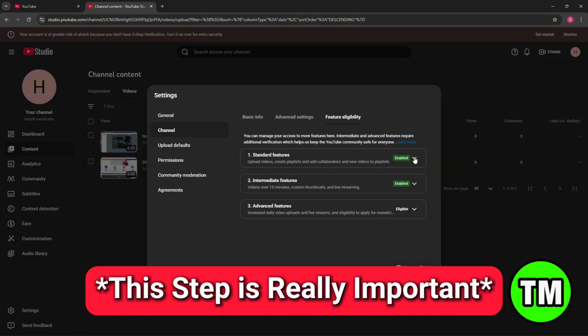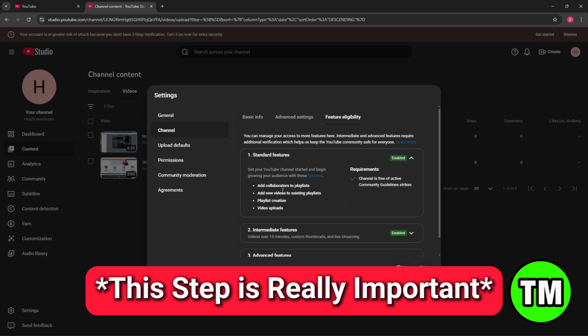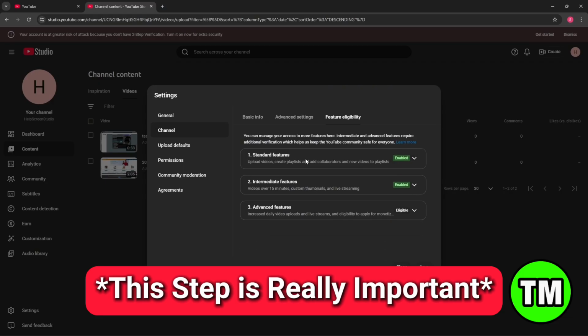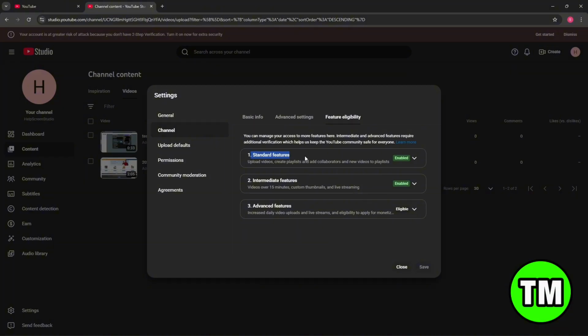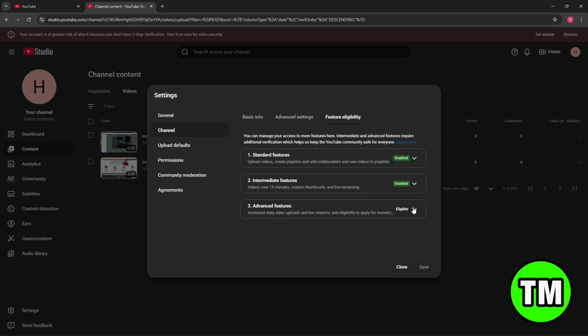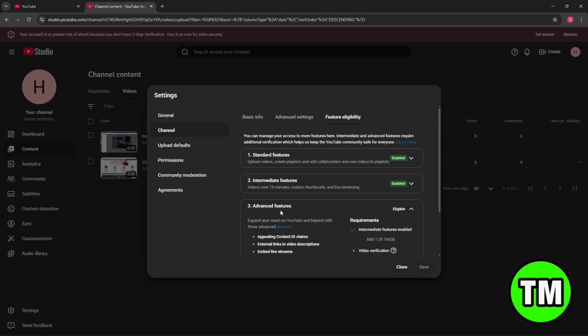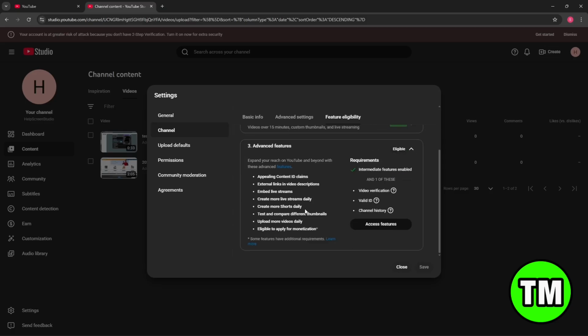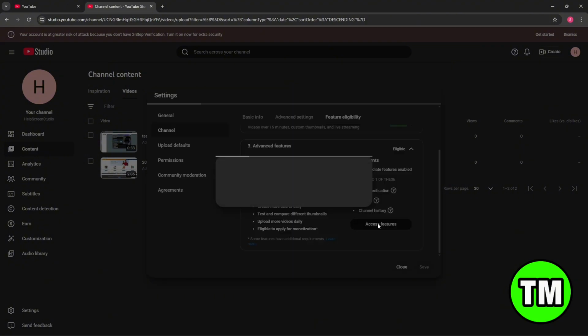So first, we have the standard features, which you just need to upload YouTube, create playlists, and now once you have unlocked this, you will have the intermediate feature, which you just need to verify your phone number. Now, next up is the advanced feature. So to unlock this, you could just simply go ahead and select access features right over here, and you will